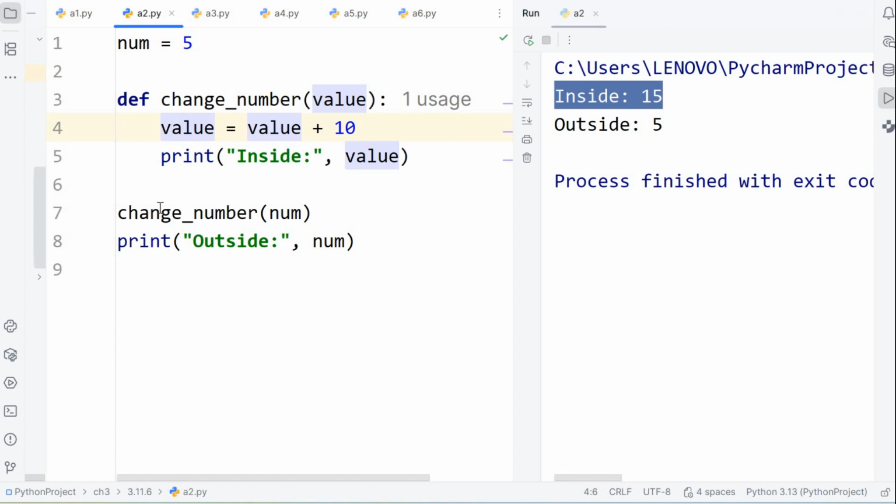When you come outside the function, at line number 8, print outside num, it shows the num value is 5. It is still there, it shows 5. Okay,